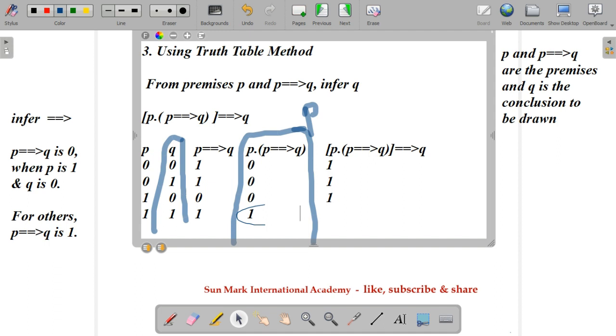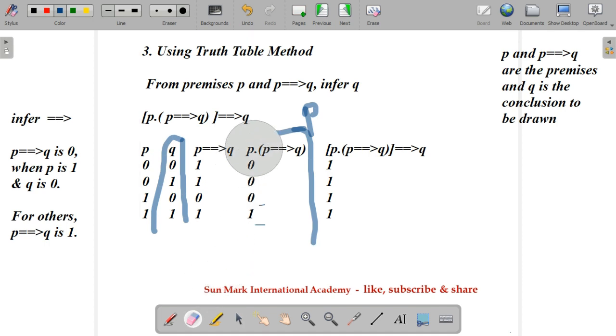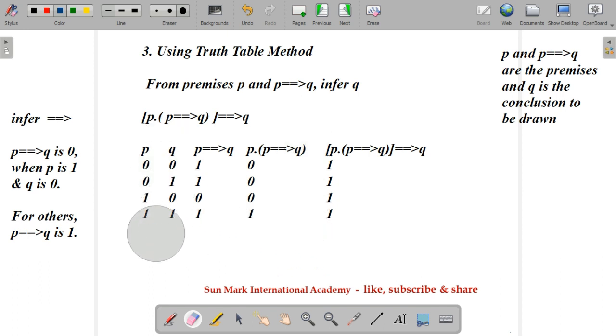Here P is 1, and Q is 1. Both are 1. So there is no 0 value. All the truth values are ones in P dot, P implies Q, the whole implies Q. So we got the answer as all truth values being ones. That is clear, it is a tautology. Hence it is established that from the given premises P and P implies Q, the conclusion drawn is Q, and this is